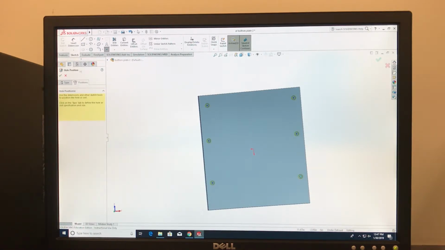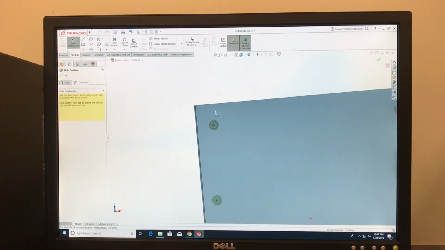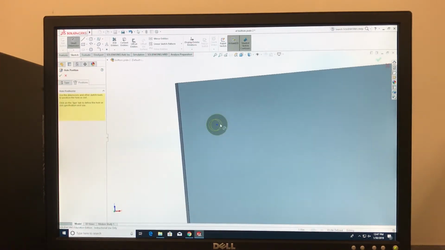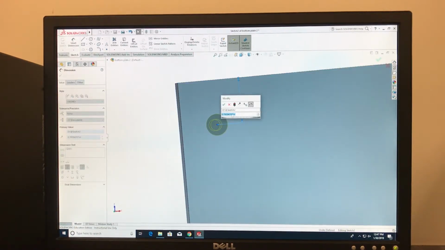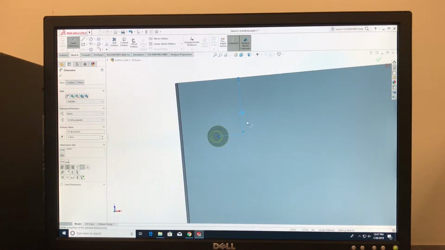Next, I need to select Smart Dimension so I can define where these holes are located. To do this, I want to zoom in by using the wheel on my mouse. I can select the top edge of the part, center point of the screw hole, and it gives me a dimension. I left click, and I can change this to whatever I want. 1 inch. I can hit enter, or I can hit the green check mark